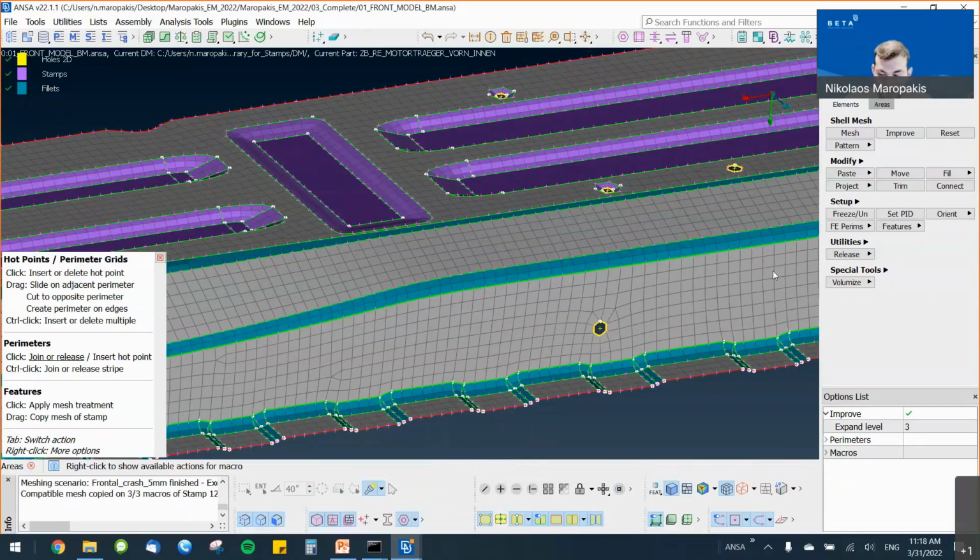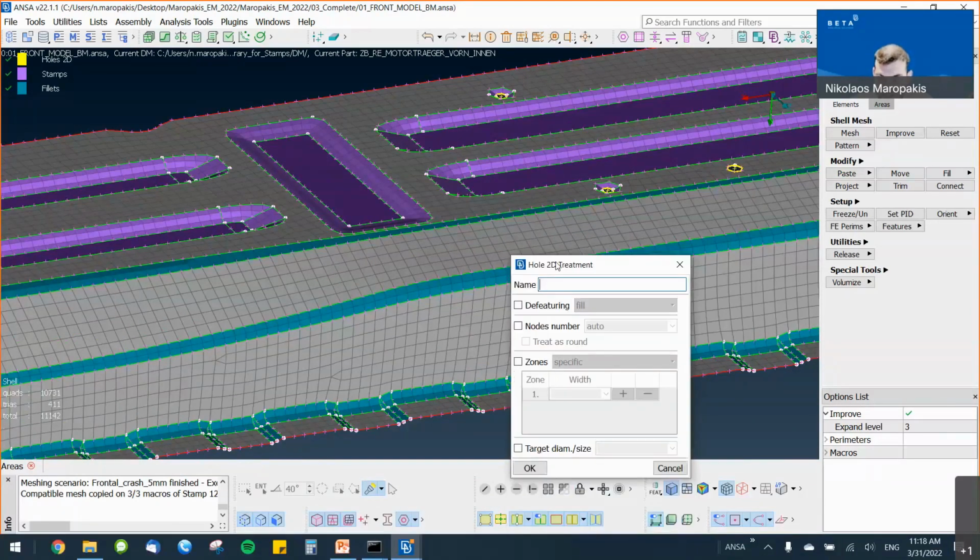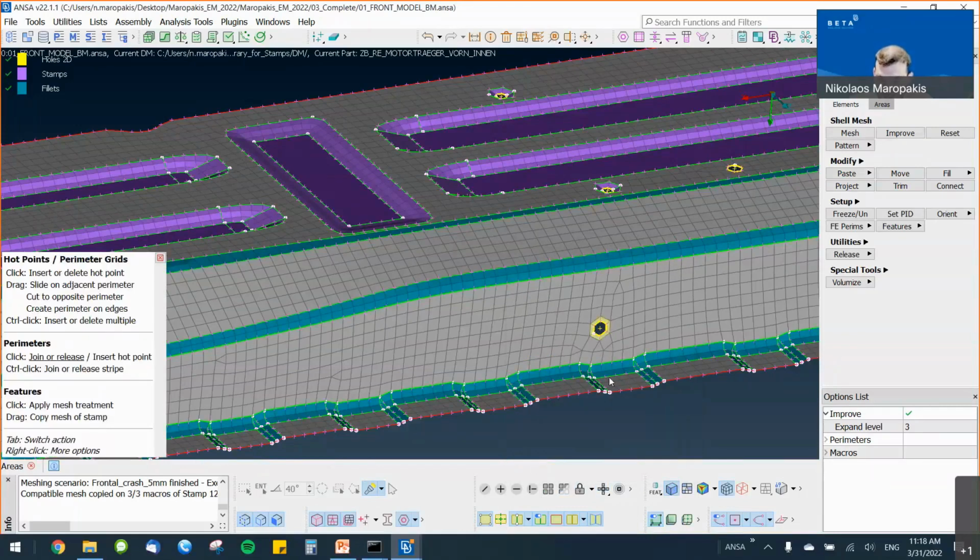Also with the direct edit functionality, I can manipulate 2D holes that were recognized from the batch mesh, and by clicking on them, I have direct access again to the 2D holes treatment, and I can specify, for instance, here that I want a washer zone with a 2 millimeters width. I can accept with an OK, and I have my desired mesh treatment around the feature.